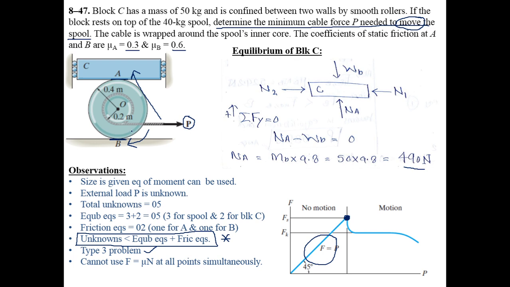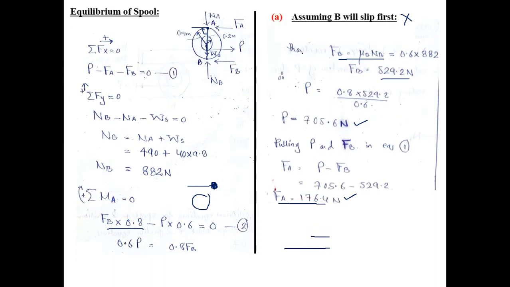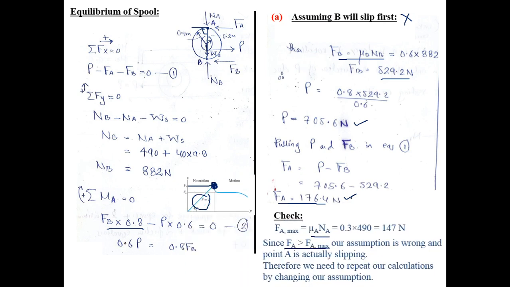So it is not always easy to take an assumption, but in some cases you can take the assumption correctly in the first step, and your assumption can be justified and there is no need of repeating the problem. I intentionally took this assumption because I wanted to repeat the problem and show you the complete process of a type 3 problem. So that is why I assumed point B is going to slip first. Okay, but unfortunately, it comes out to be a wrong assumption, because when we applied the check for point A,